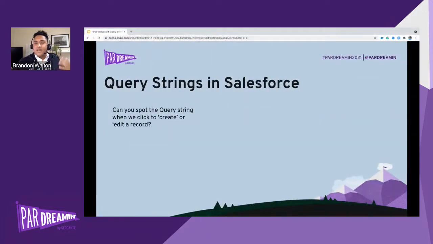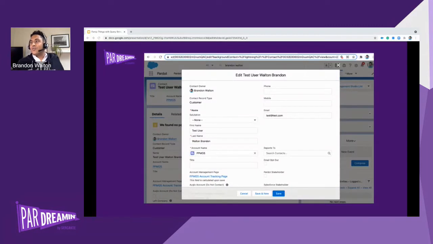Another place that query strings live, just kind of a sidebar here, is inside of Salesforce. So let's take a look at what that looks like. Again, understanding query strings is going to be the foundation of being a good web professional, internet professional, cloud computing professional. So when we are in Salesforce, for example, and we are creating a record, if you look at the browser, you're seeing something like the name of your account, your Salesforce URL, and you'll see this question mark here. Background context is lightning. It's a contact, right? So it's letting us know what we're adding or where we're at using query strings.